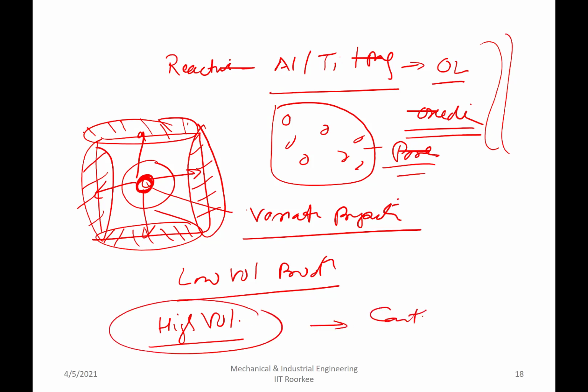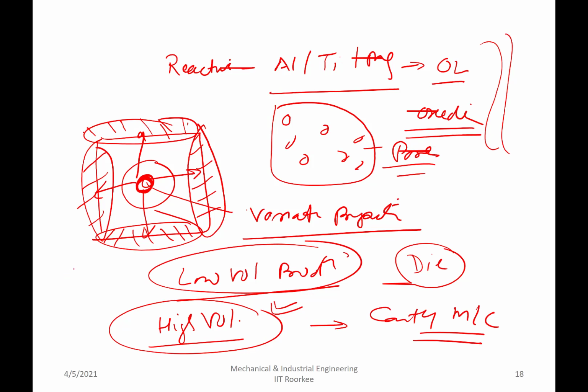It needs the costly machines. So basically the die casting machines are used for this purpose. That's what is costly: die casting machines, or the dies will be needed if high volume production is to be done. And if low volume production is needed, then maybe simple sand molds and labor intensive industry. The labor and the sand molds are the two main things that are needed in low volume production.